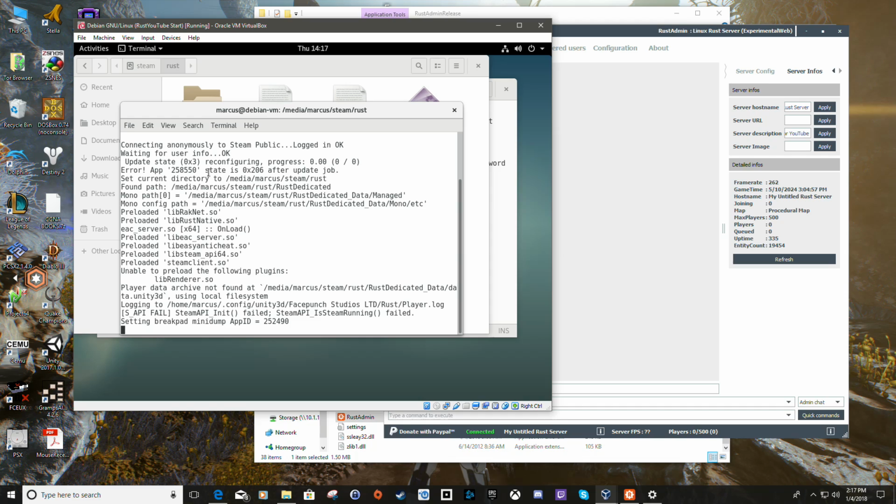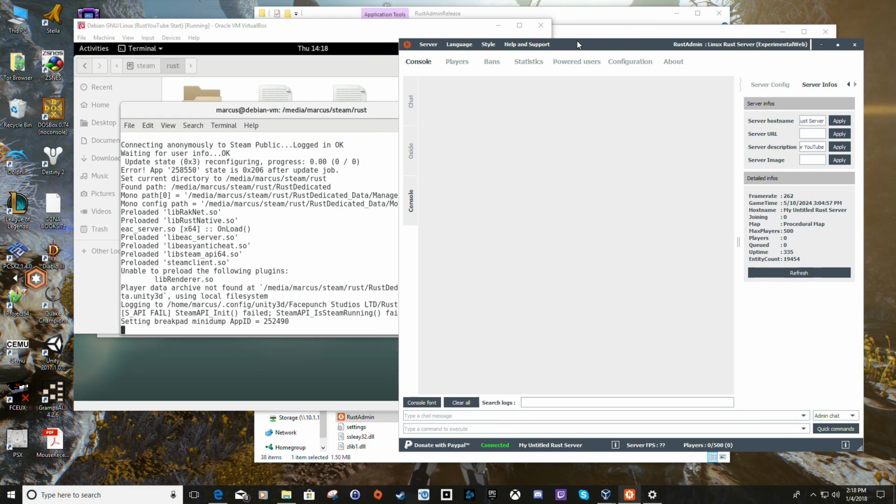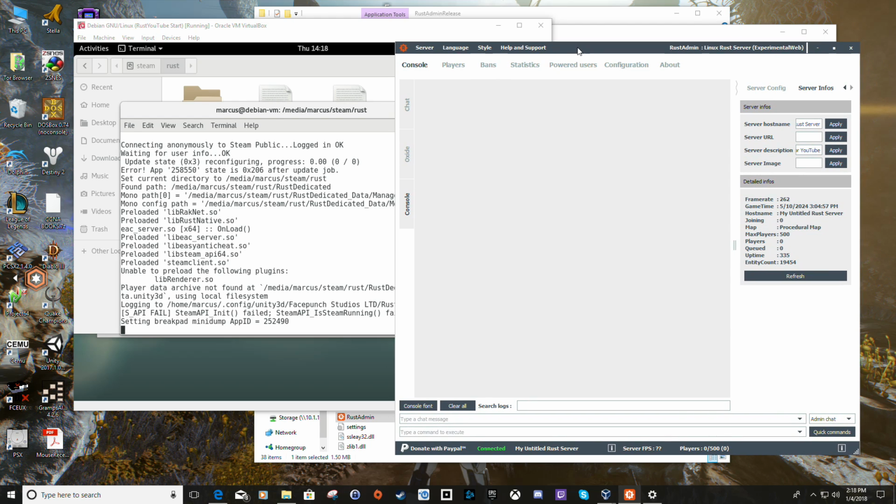I found a couple that were source code, but my days of compiling source code and going through the dependency hell are over, so I'm not going to fool with that. So the choices for Archon software on Linux are limited. I tried using Rust admin in Linux with Wine, and it actually didn't work, so maybe with some tweaking somebody might be able to get it to work, but right out the gate with just a stock Wine install,